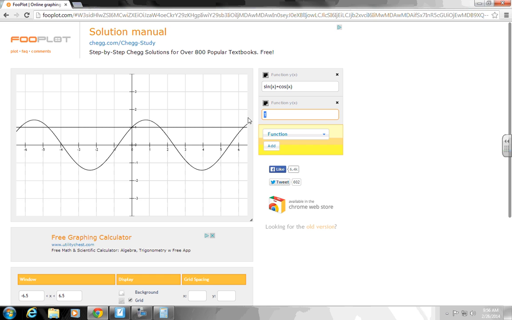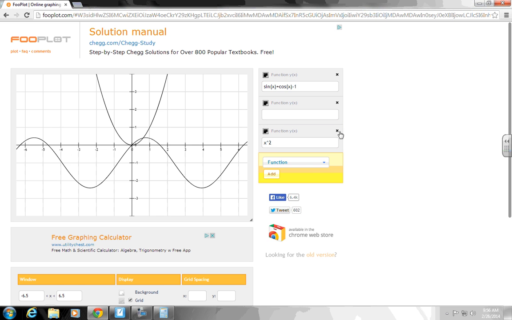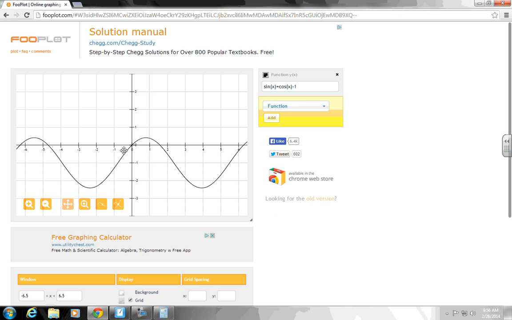Or another way to think about this, if I subtract 1, then I'm just looking for the x-intercepts. So those are 0, and I'm pretty sure that's pi over 2, and that's 2 pi. Does that make sense? Okay, good. All right, so that's our